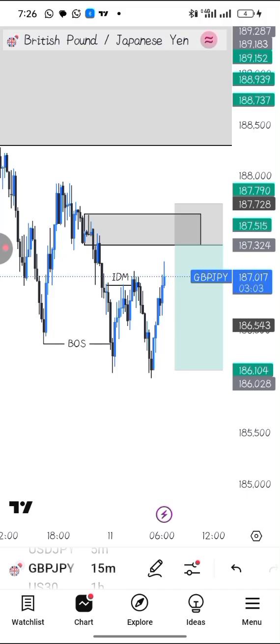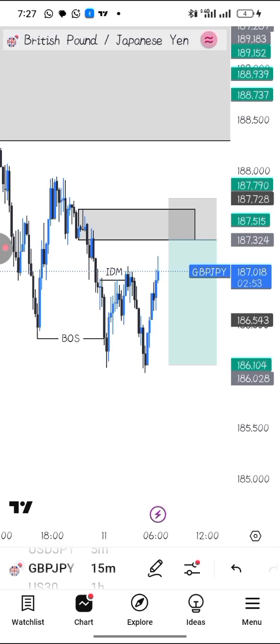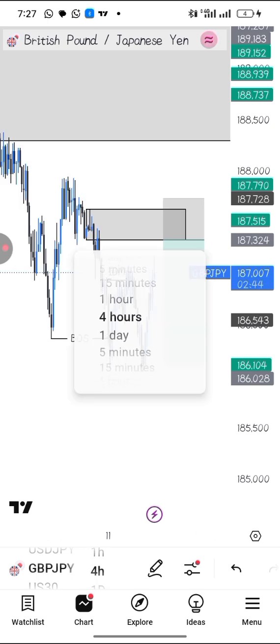So it's Friday 11th of April, and these are the setups I have for today. I have three setups: one on GBP JPY, one on USD JPY, and one on US 30. For the one on GBP JPY, let me show you, because I normally analyze from the